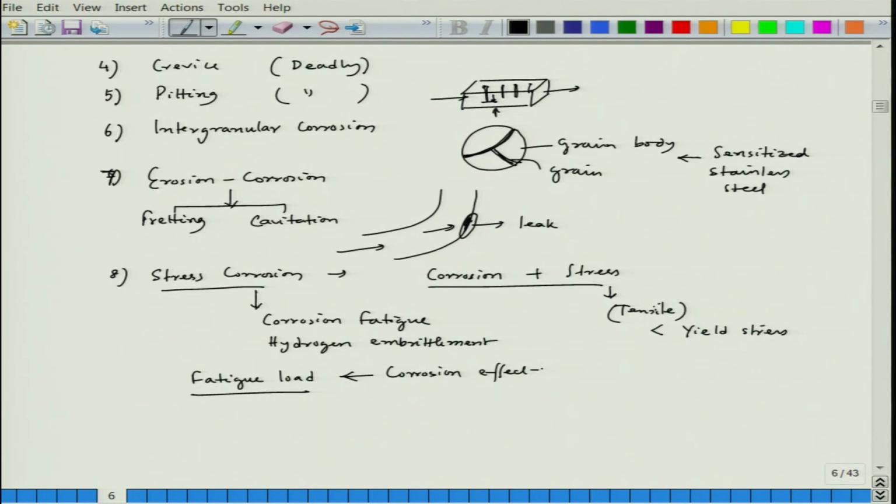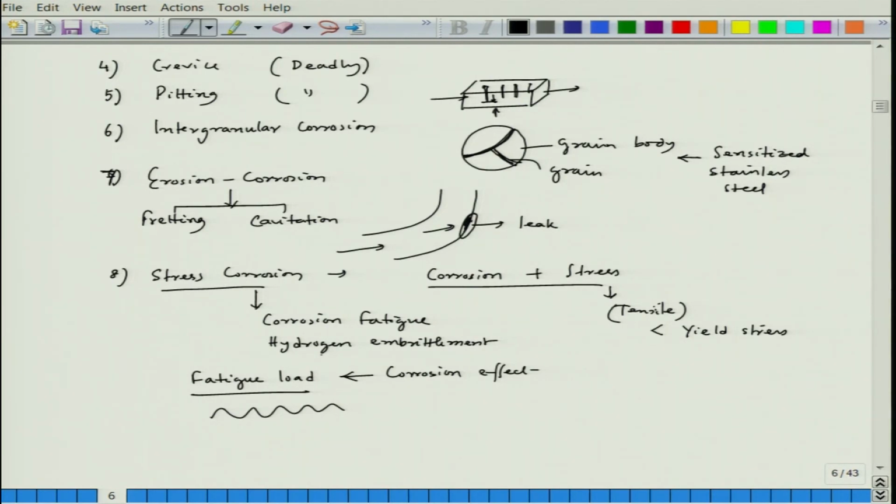Fine. Now, fatigue load means there is a variation in load. One time the load goes down, one time the load goes up. It could be all tensile, or there could be a compression-tension kind of thing. So, fatigue itself is a very deteriorating effect for material failure. But if you have corrosion also, then it actually gets enhanced to a great extent. That means it fails much quicker than a normal fatigue. So, this is one factor, corrosion fatigue.